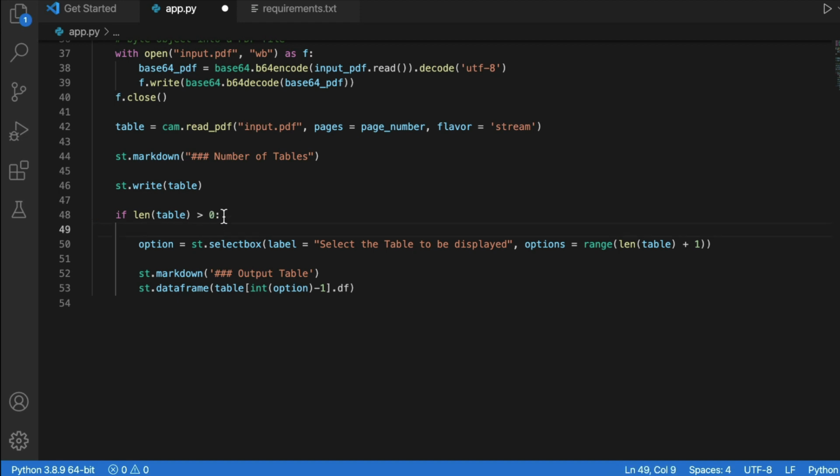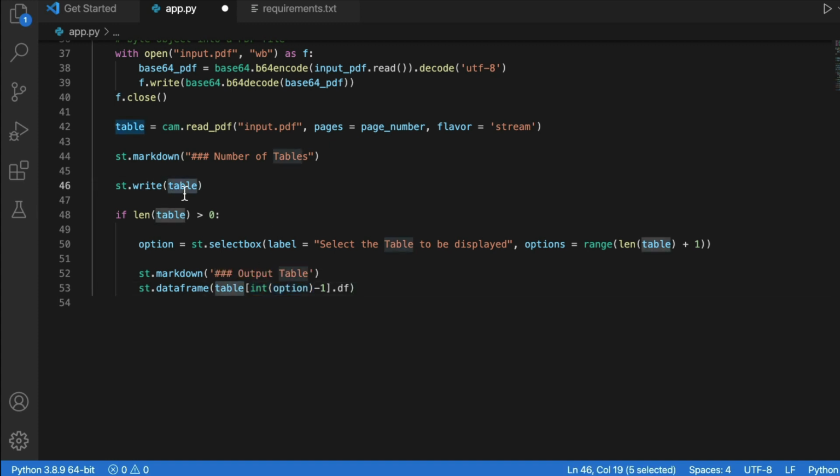Only if it is greater than 0, you're going to say, okay, now from all the tables that are extracted by Camelot, which table do you want to see? That is an option that you're going to collect, and you're going to use that option, which is a string now, as an index value for this table object. Let me say that again.